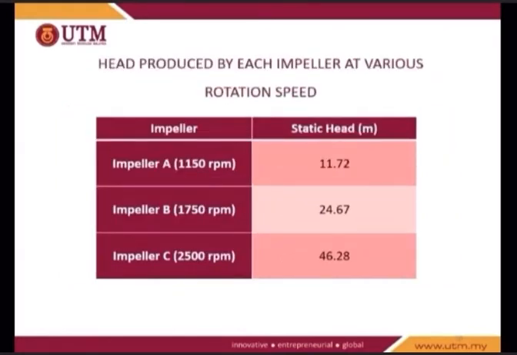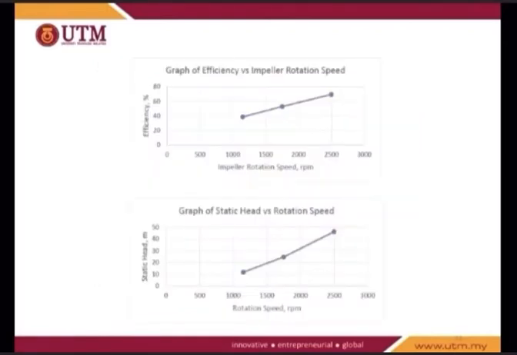The following table shows the static head produced by each of the impellers at various rotation speeds. At 2500 RPM, impeller C has the highest static head produced, which is 46.28 meters, followed by impeller B and impeller A. So the first figure shows that as the impeller's rotation speed increases, the efficiency of the impeller increases as well. The highest efficiency is recorded by impeller C with 69.39%, whereas the lowest efficiency is recorded by impeller A with